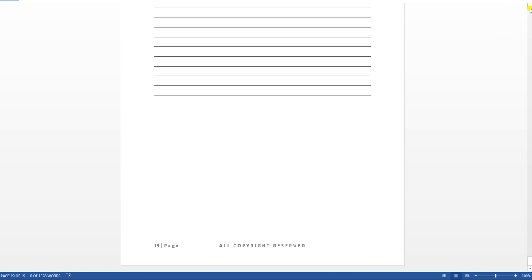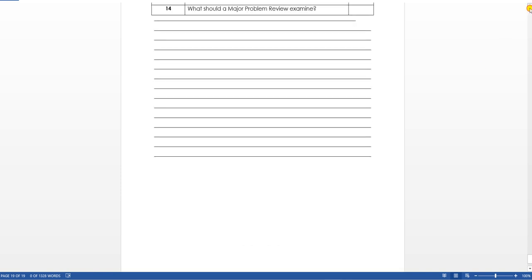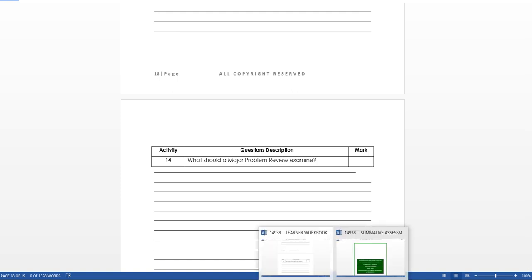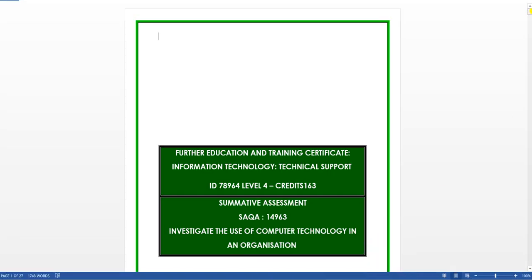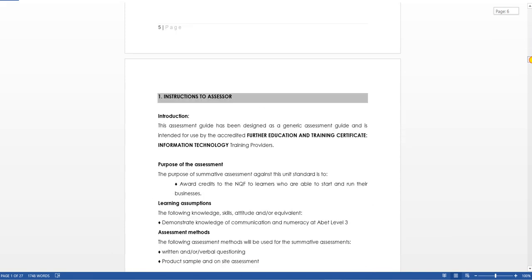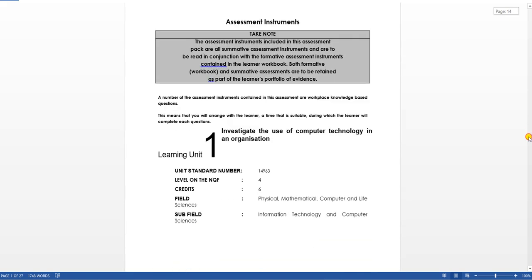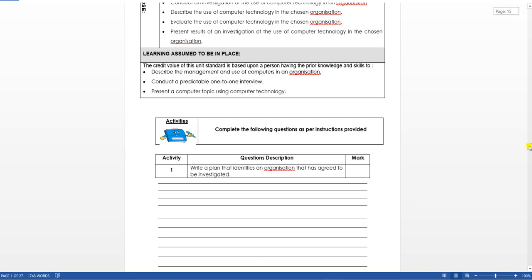Remember, in our sessions, I've taken you through all activities from session 1 and 2. So in this session I'll be mainly focusing on the activities in your learner workbook for session 3. So let's move on to your summative assessment, which is one assessment that I have not taken you through. So let's start from the beginning with activity 1 or task 1. For activity 1, you need to write a plan that identifies an organization that has agreed to be investigated. That's for activity 1. And